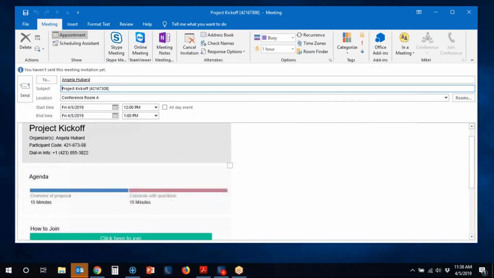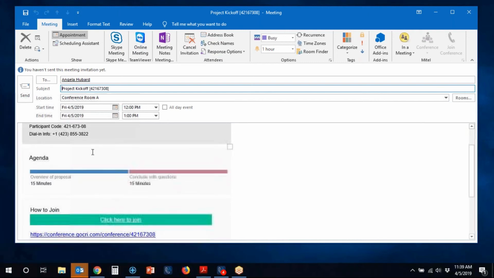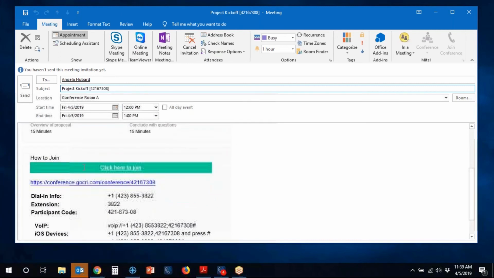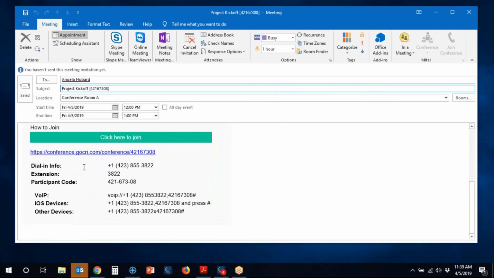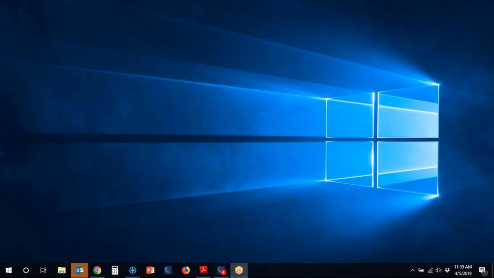So in the field down here, you see where we named the conference, who the organizer is, that participation code and dial information that's been assigned by the conference system, the agenda that we set up here, and then all the click to join information that your participants will need to join the conference. When you're ready to send it, go ahead and hit send, and that email invitation will be sent out to all